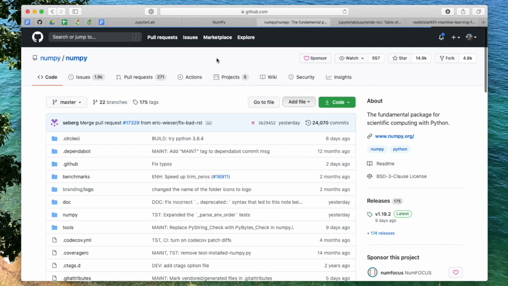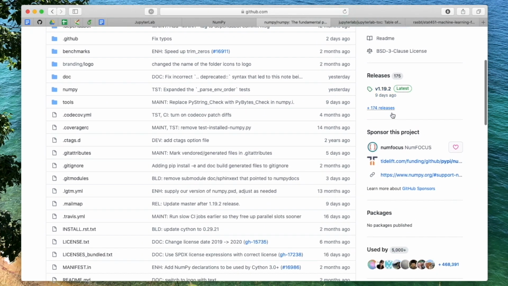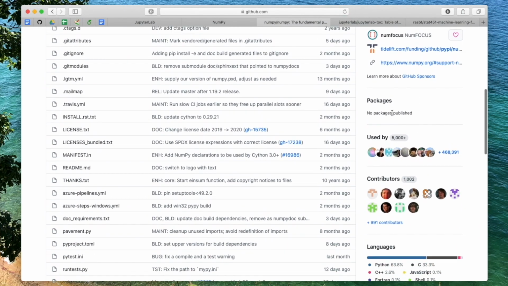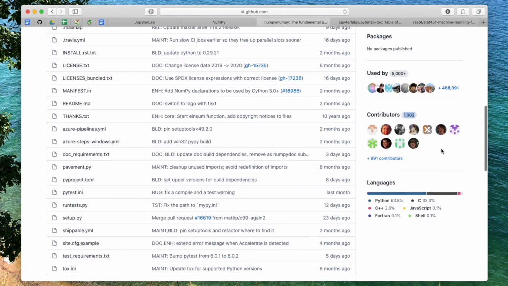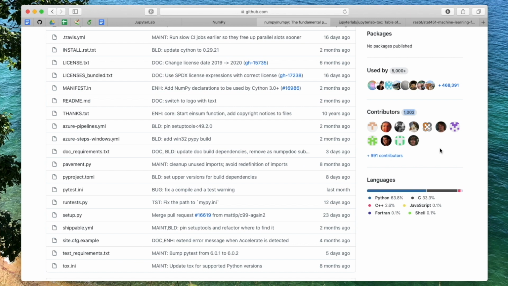Anyways, the NumPy project is an open source project also. There are many people contributing to it, mostly scientific researchers and people doing scientific computing at various companies. So 1,200 contributors right now. And what's also interesting to see is the code breakdown of this repository. So you can see the majority of code is in Python, as you would expect, but some of the code is also in C and C++ and Fortran.